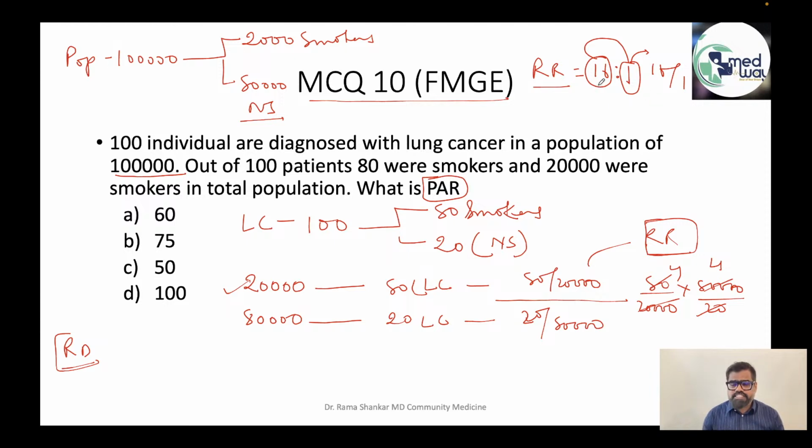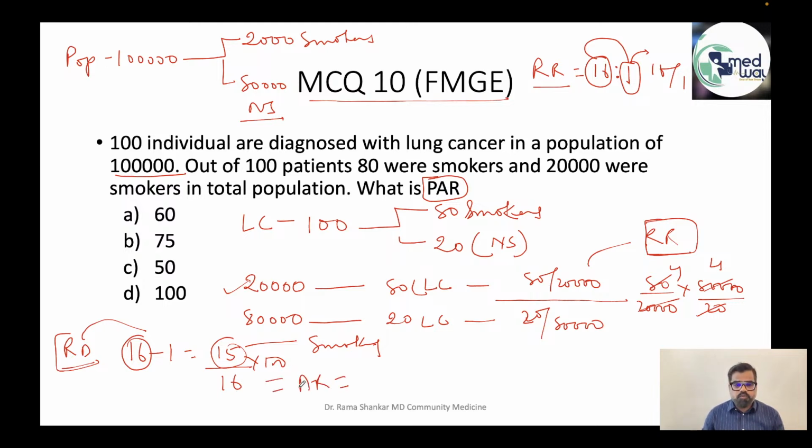So if these 16 people, imagine they would have not smoked, then also one person may have developed lung cancer. So what is the risk difference? 16 minus 1, which is 15. So out of 16, definitely 15 is attributed to smoking. So 16 minus 1 is called risk difference, and 15 out of 16 by 100 we are doing, this is